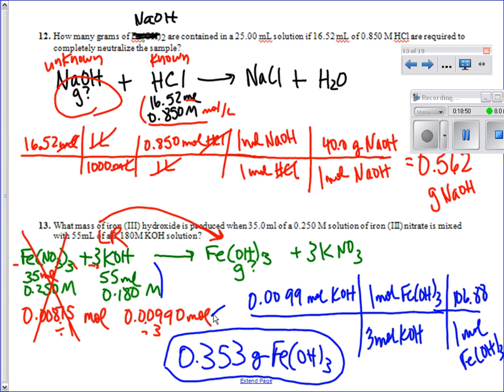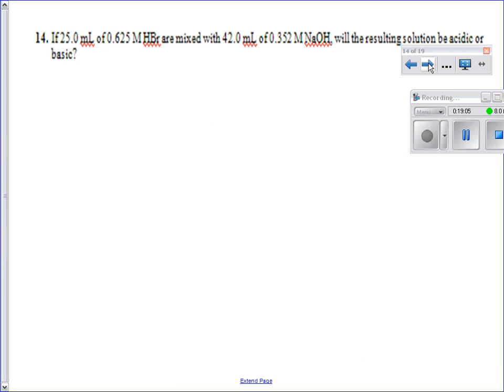That's good. We're going to do one more problem. But do you see how these are all similar? The same thing over and over and over again. The trick is you got to have that balanced equation, identify your known and unknown, and work from known to unknown. Last problem. Let's see who can figure this one out. It says if 25 mils of 0.625 HBr is mixed with 42 mils of 0.352 NaOH, will the resulting solution